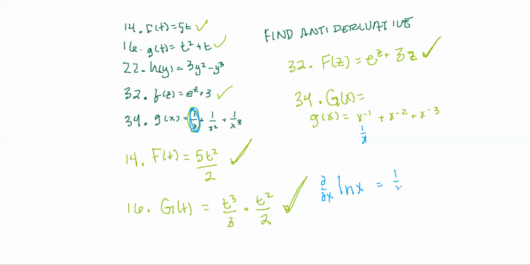We get 1 over x. Yeah, so I didn't even see that. Yeah, I know. I was doing this problem and I was like, wait, what do I do? And then I was like, oh no, natural log. Okay, so yes, this is going to be the natural log of x